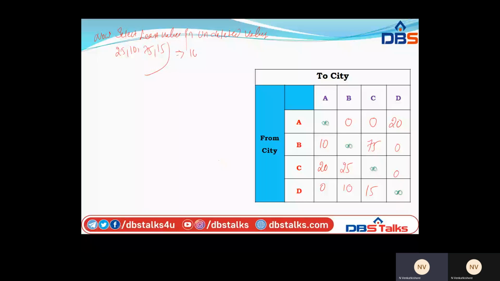Here 20 is there, so there we need to represent the addition of these 20. Then what is the value we are having? That is 30, plus 10. And then infinity plus 10.